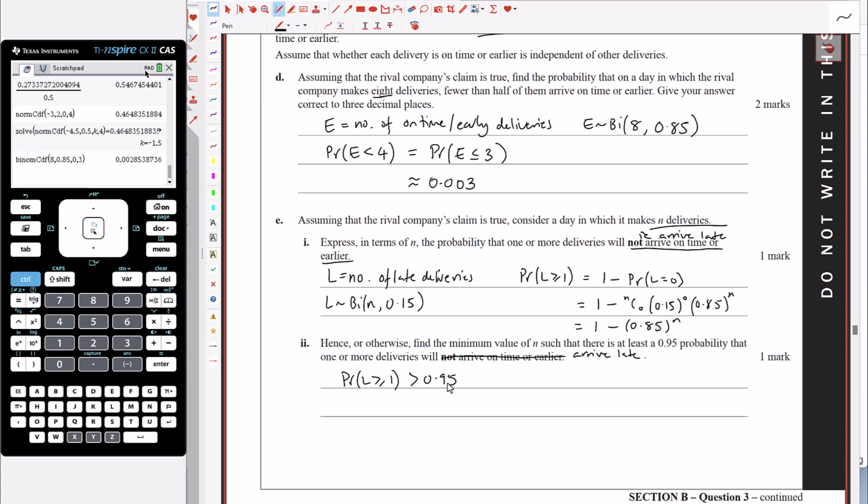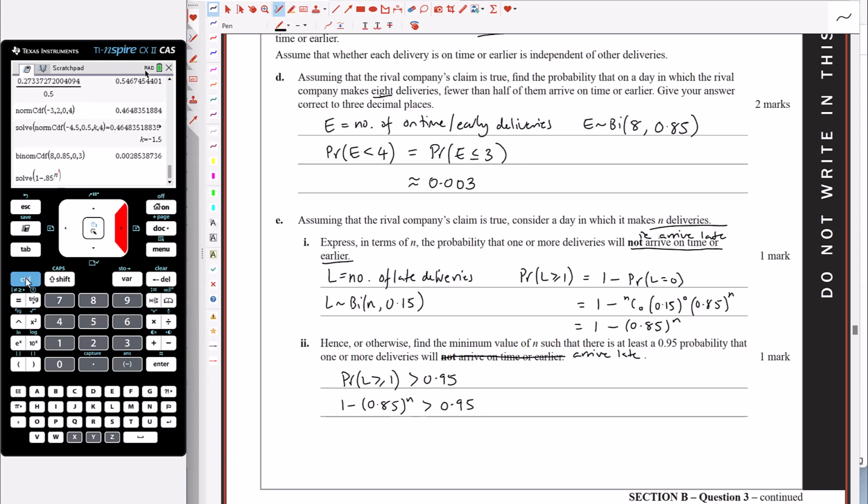Normally I would use inverse binomial n or a trial and error method here, but given I've been forced to set up this expression, I'm just going to solve that equation with my CAS. So menu 3.1, it's going to be 1 minus 0.85 to the power of n